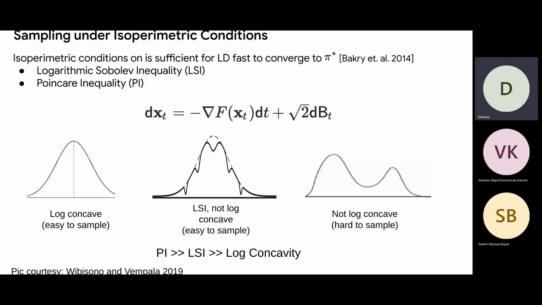Okay, so the recent works, especially by Vempala, Balasubramanian et al., have focused on proving convergence of Langevin Monte Carlo under isoperimetric conditions, that is, logarithmic Sobolev inequalities, Poincare